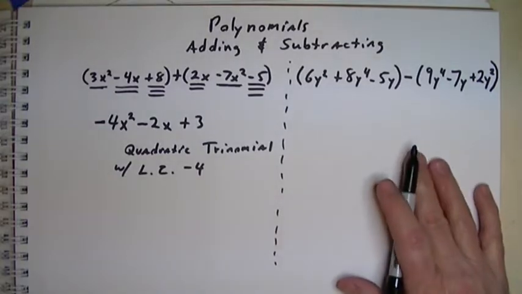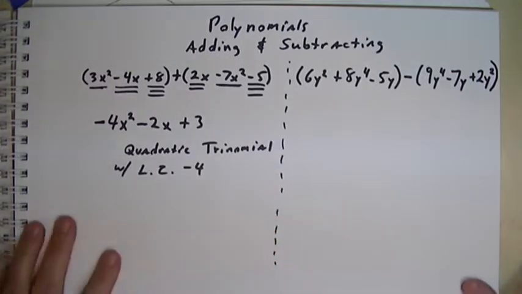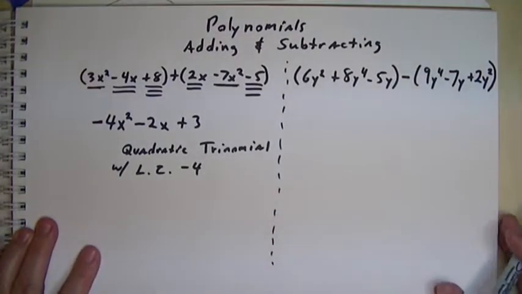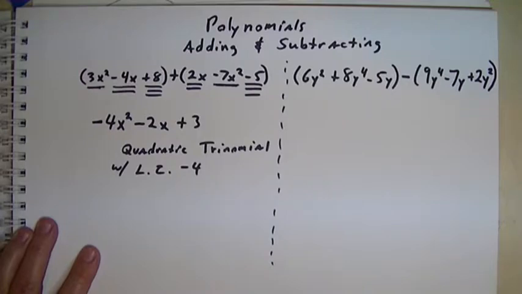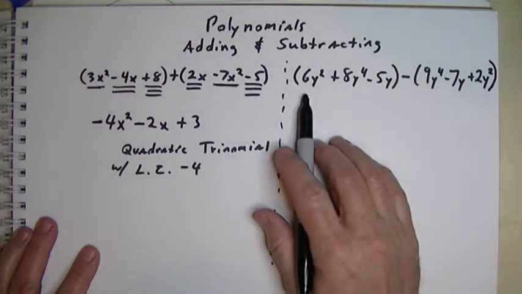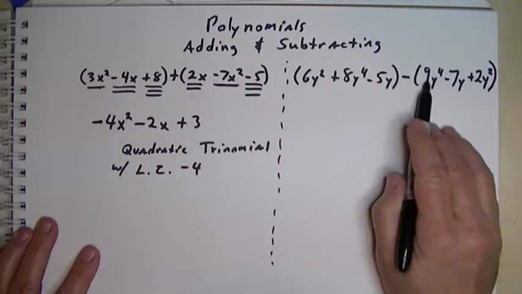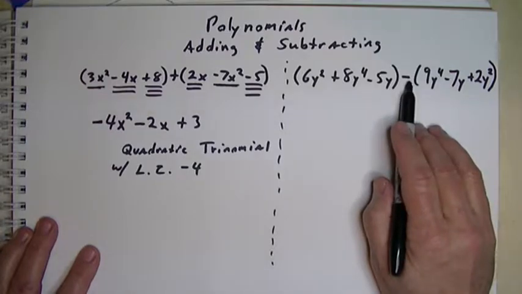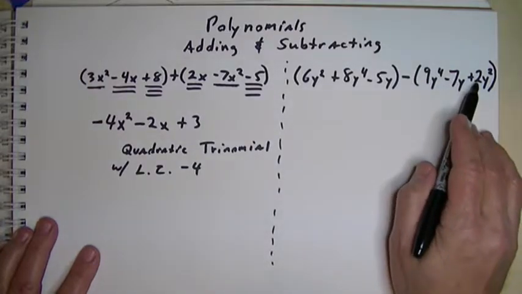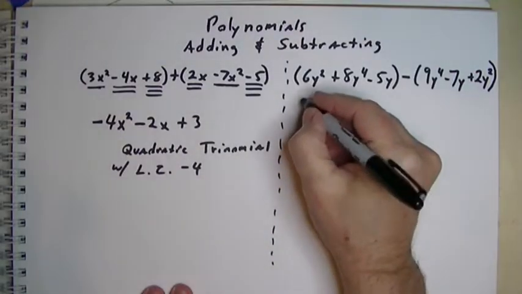Let's go ahead and subtract now. Here it's a little different. And what I like to do with subtraction, and you don't have to do it this way if you can keep it straight in your head what you're doing, but I like to go ahead and remove the parentheses first, and when I do, I want to distribute this negative sign, essentially like multiplying by negative 1, across each of these three terms. That way, I no longer have to think of it as a subtraction problem. I can just think of it as combining like terms. So let's do that. I'm going to write 6y